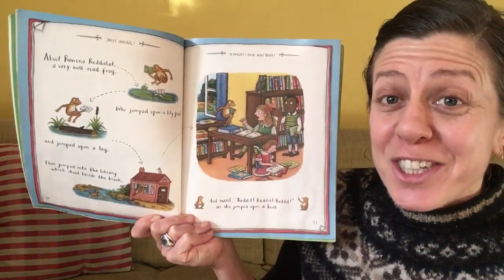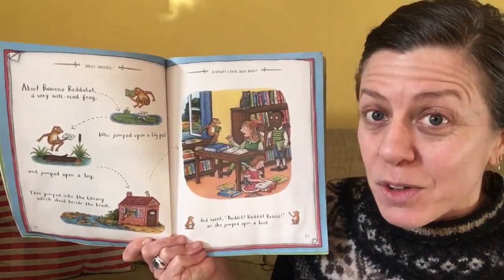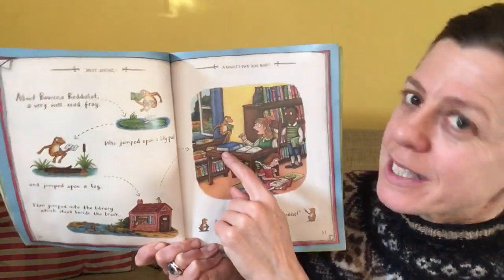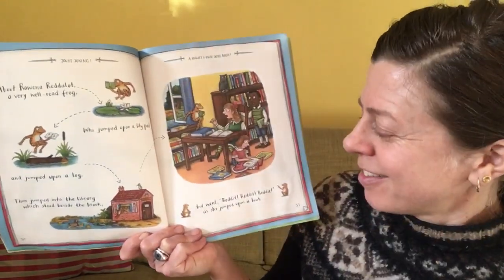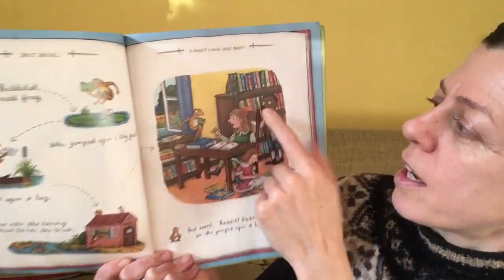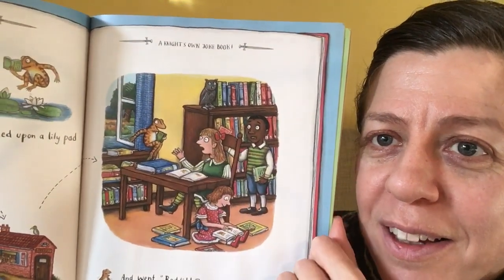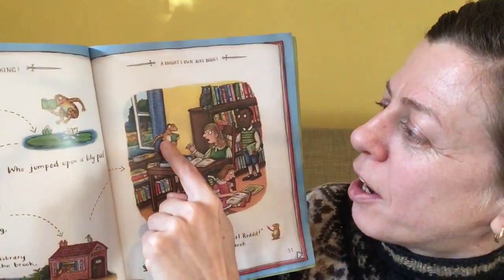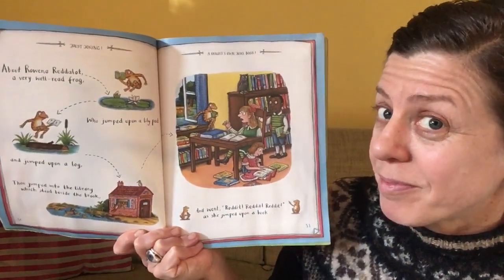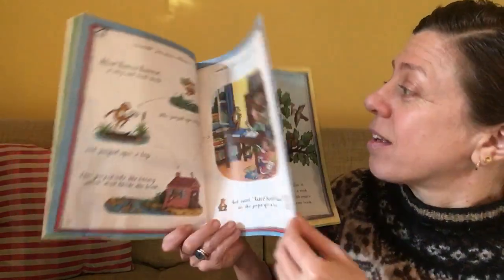So that's the joke, do you get it? Because frogs go, "Read it." That's the noise they make, but it also sounds like I've read it. So she's jumped on the book and said, "I've read it." Do you get it? And the book she jumped on, well, look at them. I love, actually, just look at their faces. How surprised are they to find a frog jump into the library carrying a book? I think you'd be surprised too. But the book she jumped on was about...